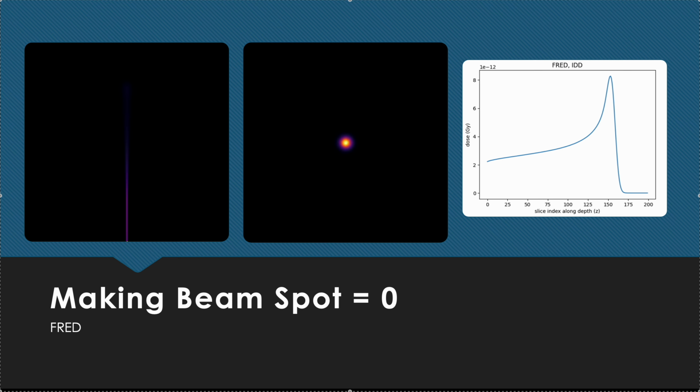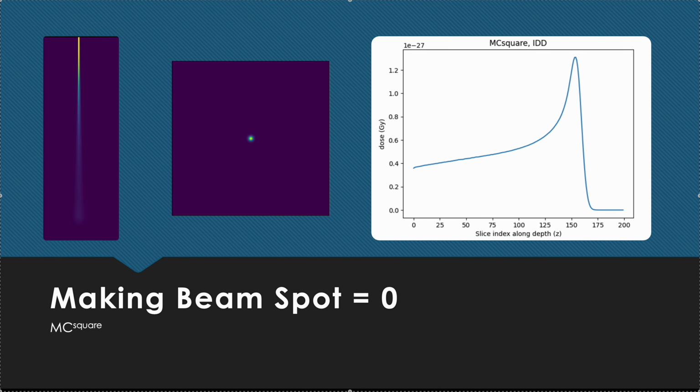And this is that profile, and this is the beam coming at you for beam spot equal to 0. And for that I also got the integrated depth dose. I hope you're paying attention to the almost maximum peak value, it's around 10 to the power minus 12 of Fred. And for MC square, oh,